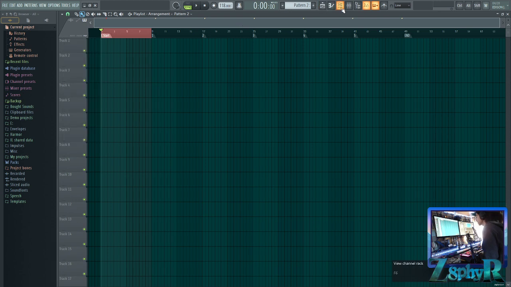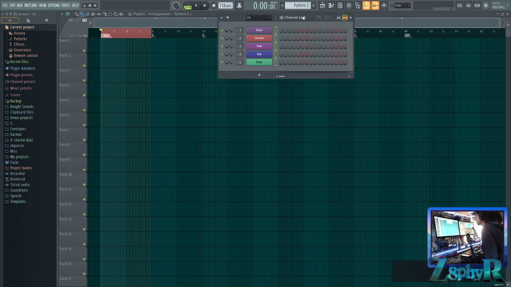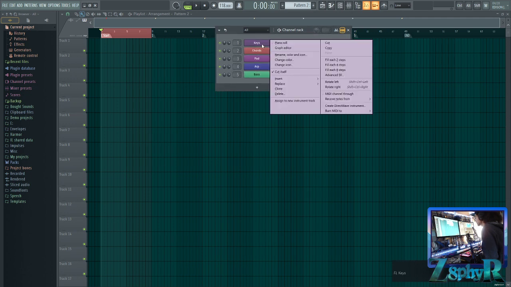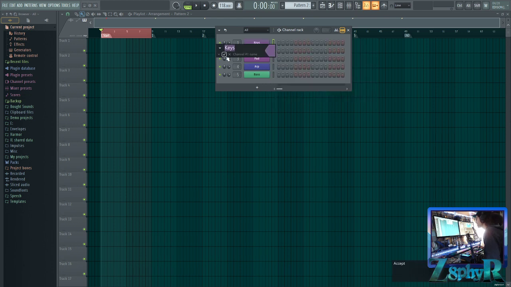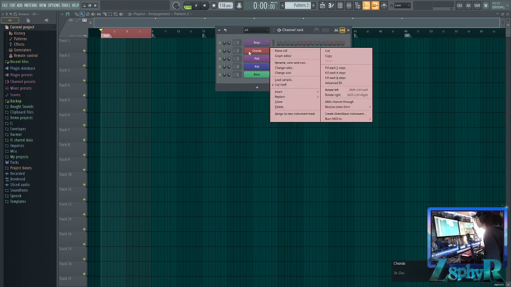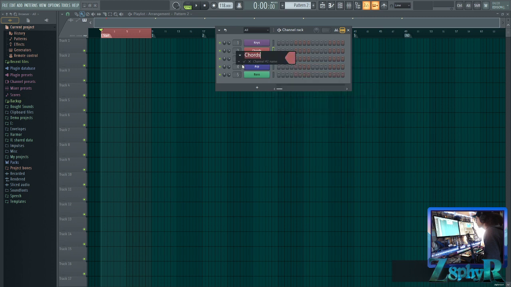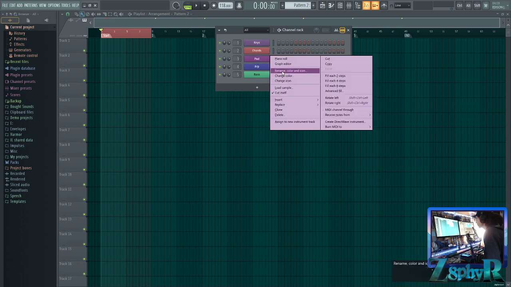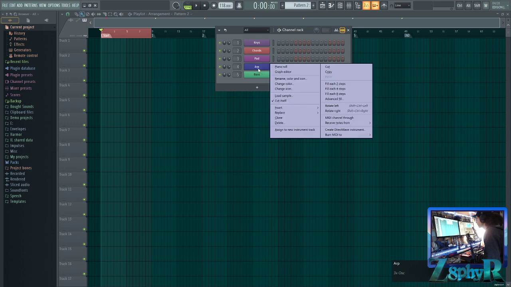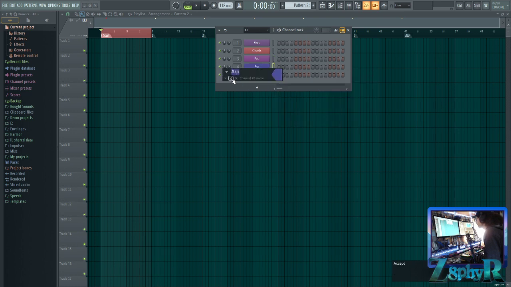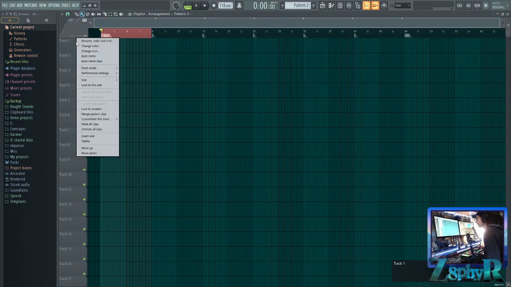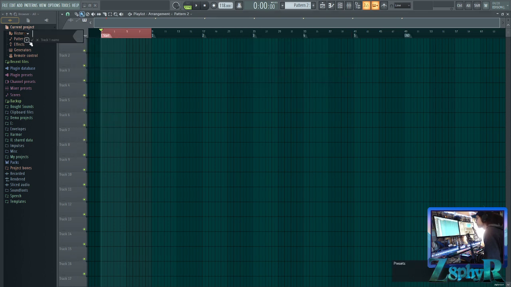Open up our channel rack by going to F6, or just clicking it at the top here. And what you'll do is right click your channel that says keys, rename, and just click OK on them, and do that for all these. Rename, OK. Don't rename them, just rename, OK them. And what this does is this kind of logs their color and name into like a hidden clipboard. And we can go to our tracks, and we can right click the track, rename,